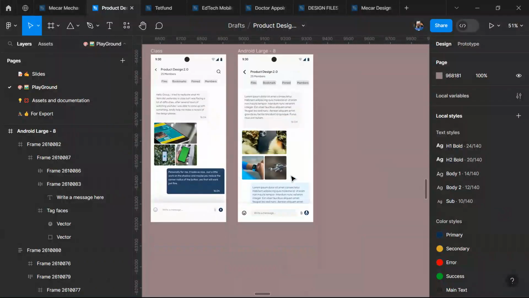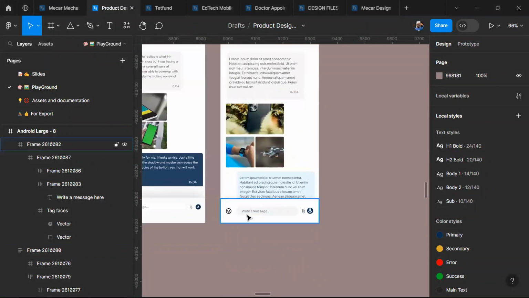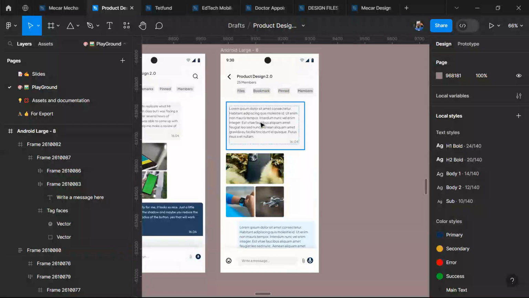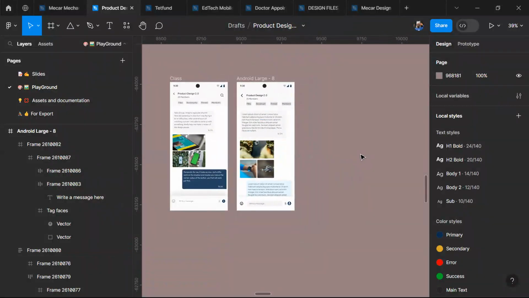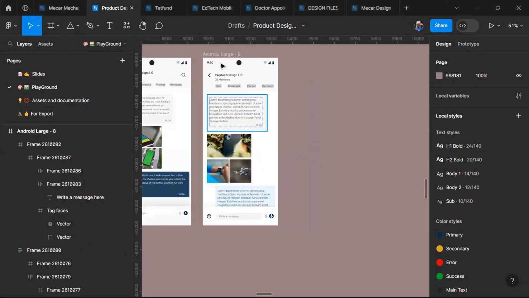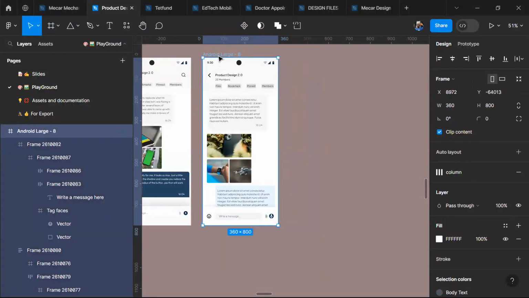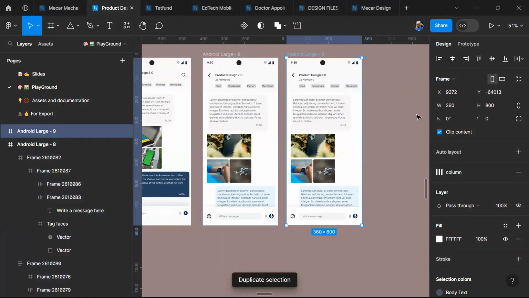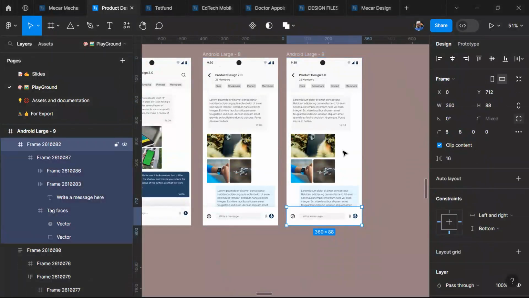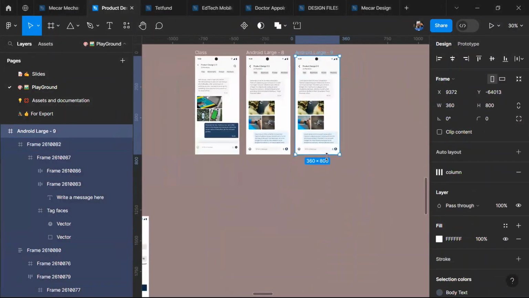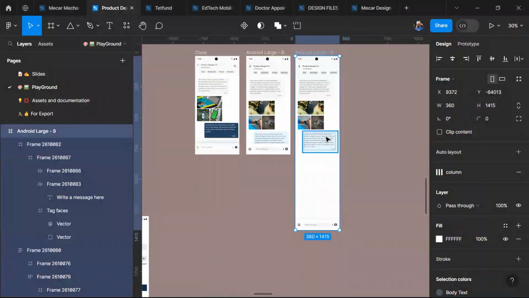So the only thing, if you want to see the one beneath, is for you to scroll up. That's when we now talk about prototyping. We are not there yet, but we're still going to get into that aspect. That is where we can now say, okay, if this is not clip content, we can firstly do this, reduce this, then I will now do this,